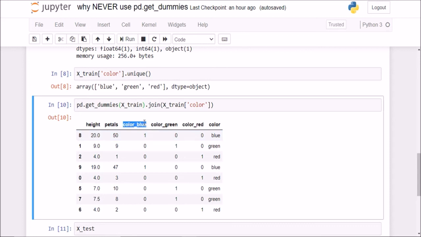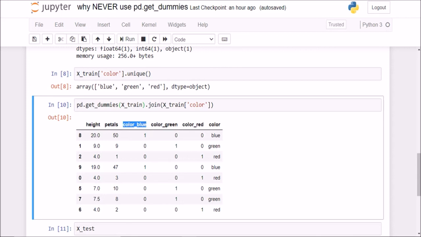So this will create a little bit of bias, because maybe this blue color feature was a very good feature for determining the output variable. So you need to make sure whether you have to drop this column or not.